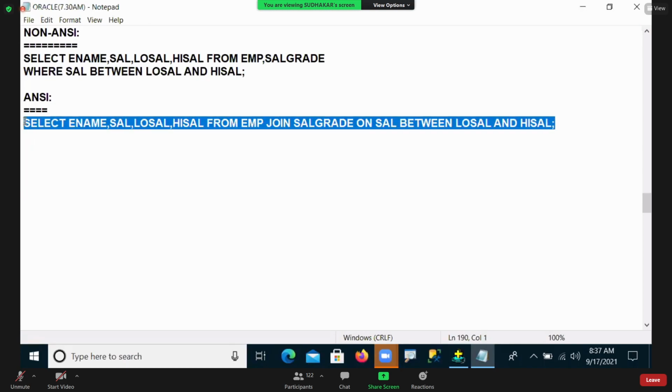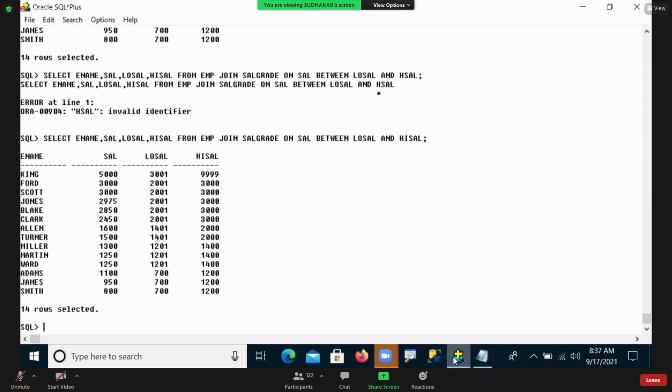Now I'm going to click here and execute. The same output will come to you. So between two tables I'm using the JOIN keyword, and this is the ON clause condition. So this is called ANSI format, and the first one is called non-ANSI format.